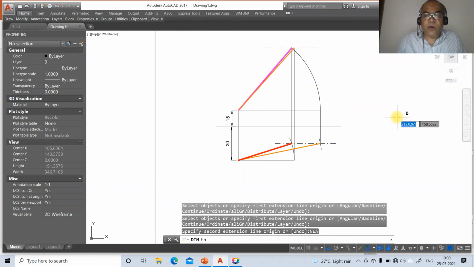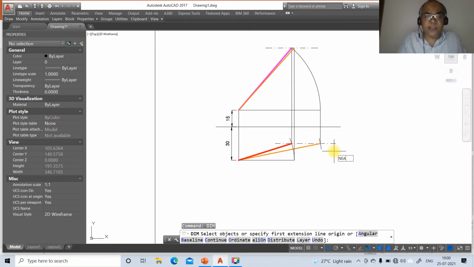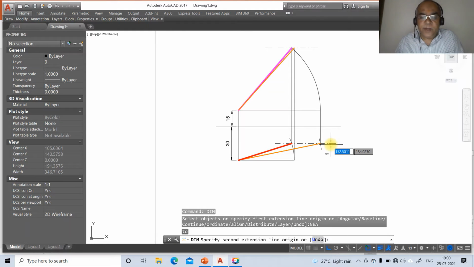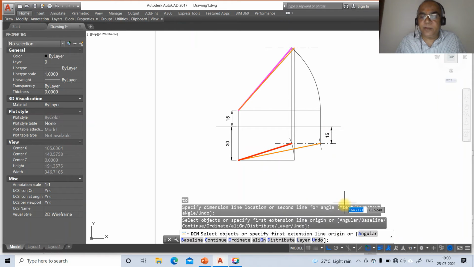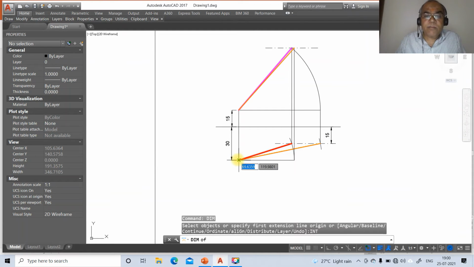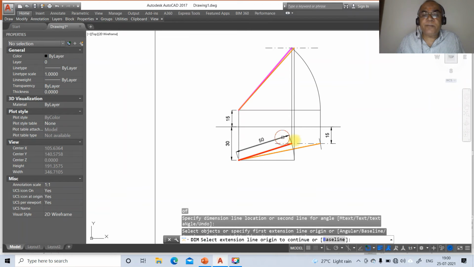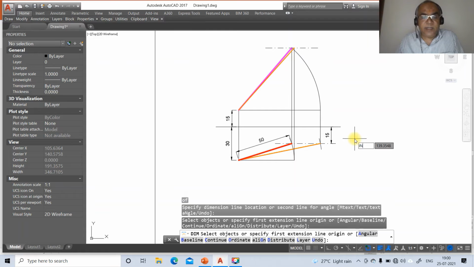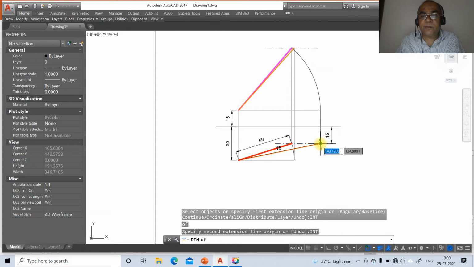Then go to nearest point on this, dim, take nearest point on this, take perpendicular to this. So we get 15, switch off the ortho mode. Then go to horizontal, dim int of this, take int of this. So we got 50